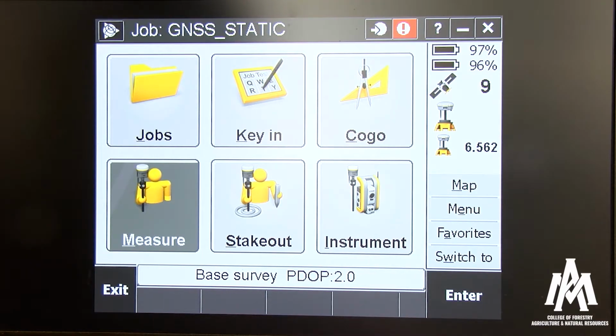Now that we've completed the survey, we've been recording data for over 15 minutes, or at least a minimum of 15 minutes, if not longer than 2 hours for an OPUS static observation. We're now going to stop our survey. As you can see, we're still receiving about 10 satellites. Now to stop the survey, we come to Measure,